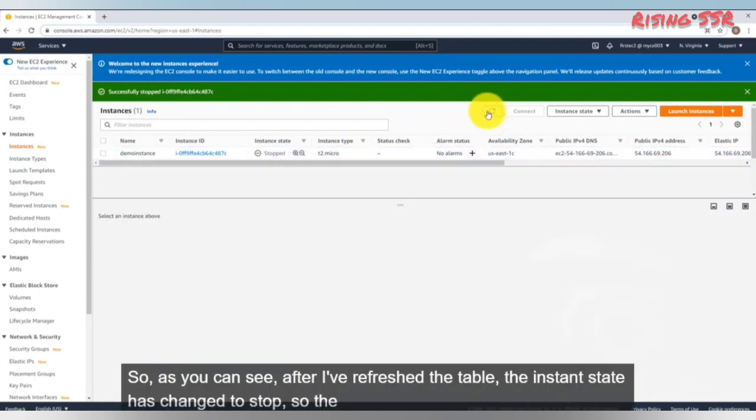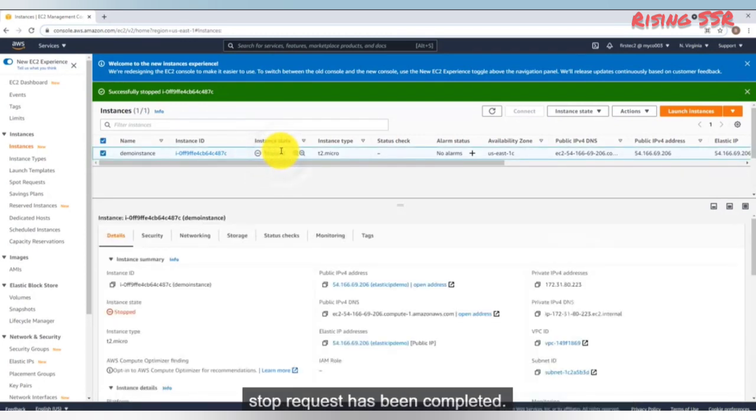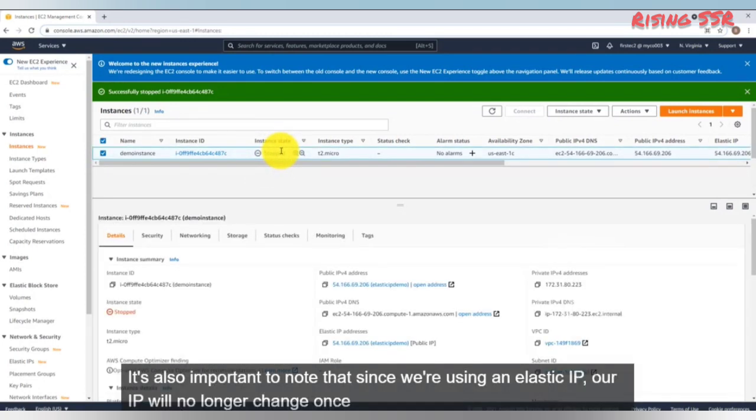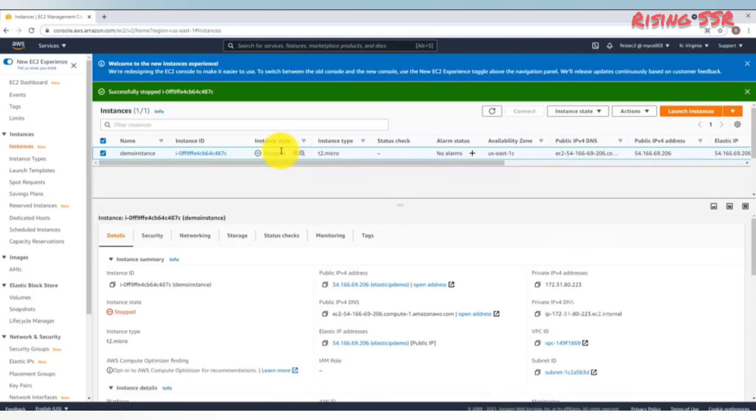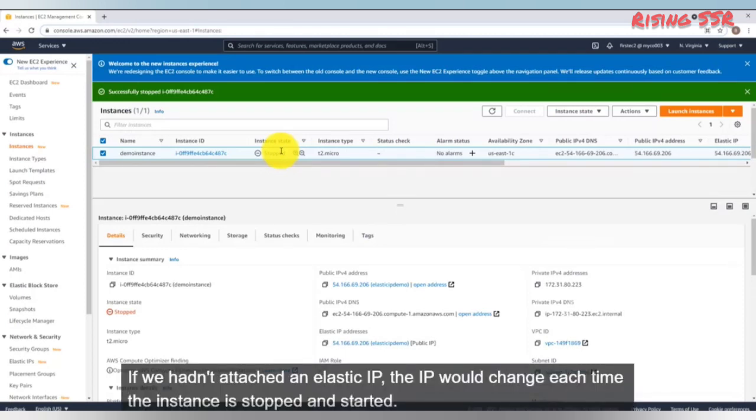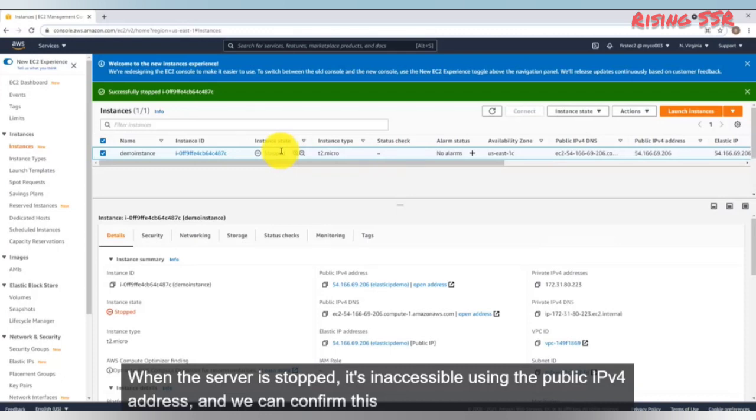So as you can see, after I've refreshed the table, the instance state has changed to stopped. So the stop request has been completed. It's also important to note that since we're using an elastic IP, our IP will no longer change once the server is started again. If we hadn't attached an elastic IP, the IP would change each time the instance is stopped and started. When the server is stopped, it's inaccessible using the public IPv4 address, and we can confirm this